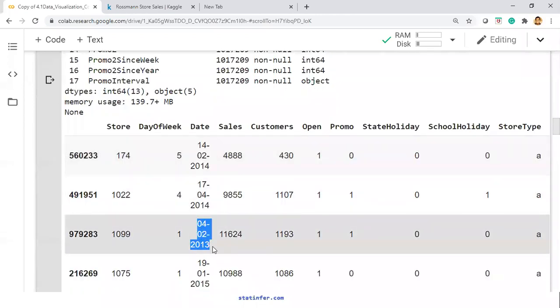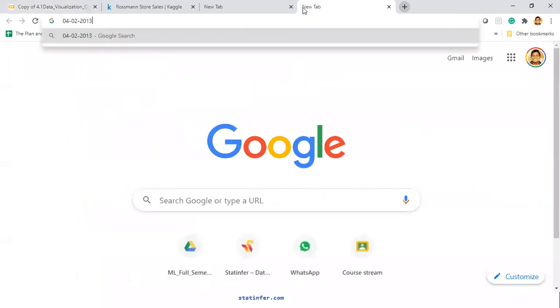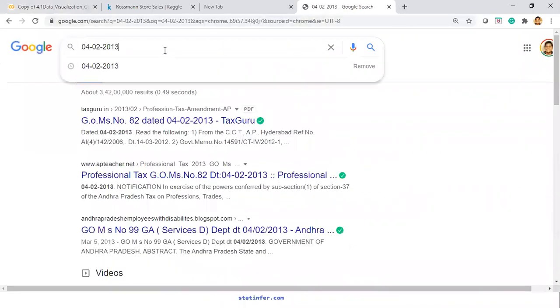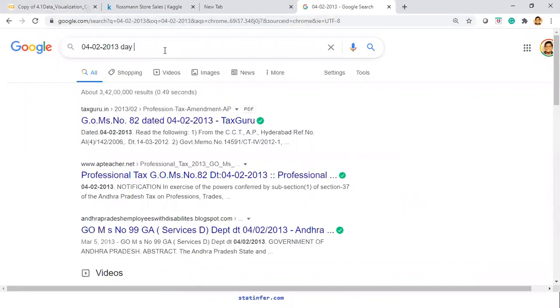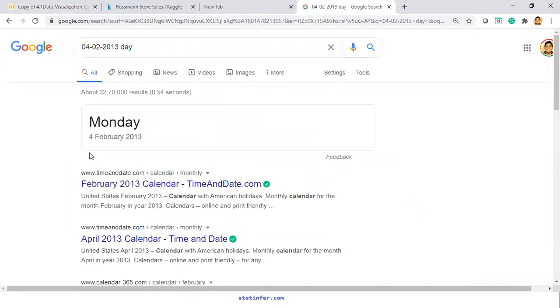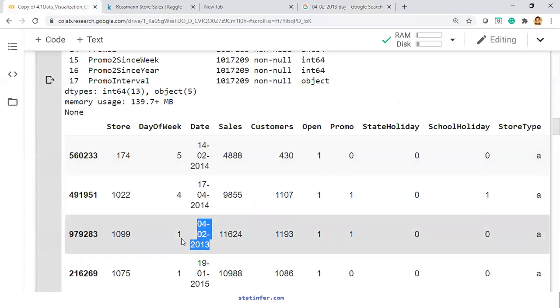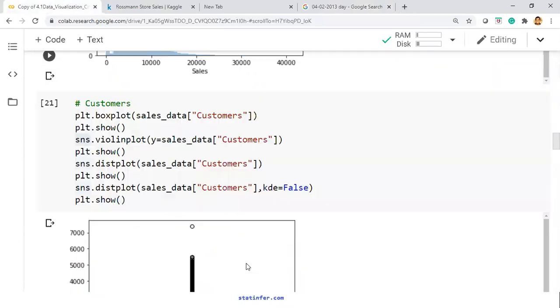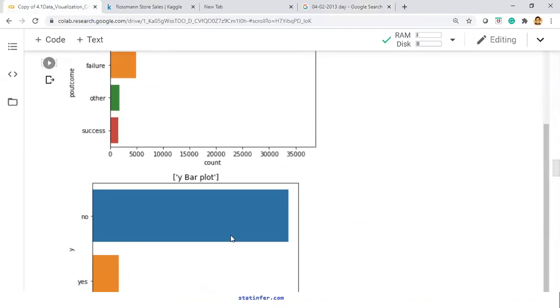Let's take this one just to see whether 1 means Monday or not. Since this is anyway original data, we can check what this day is. It shows 1 over there. Monday, 4th February 2013 is Monday. Apparently that is 1. So 1 is Monday. So rest all will follow accordingly.